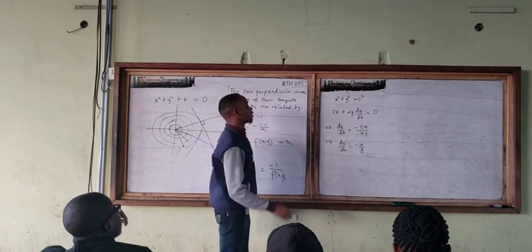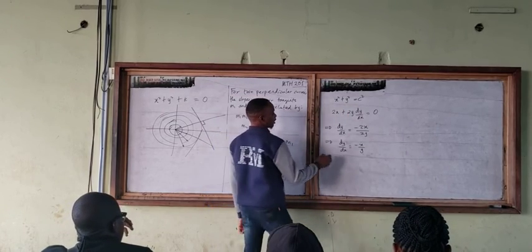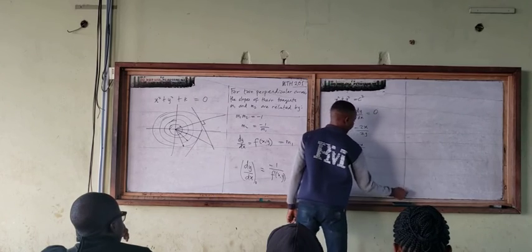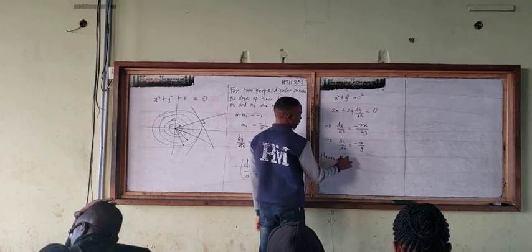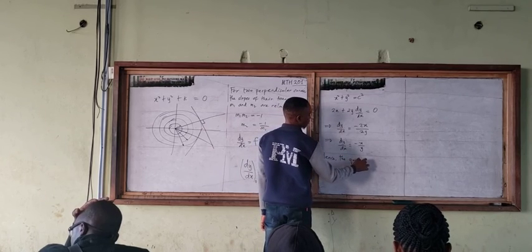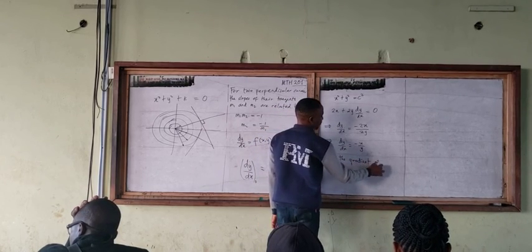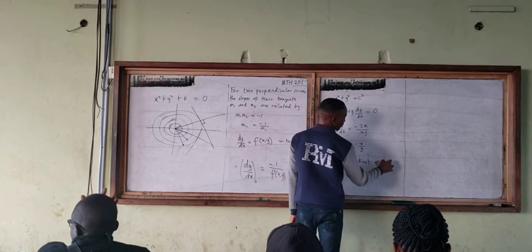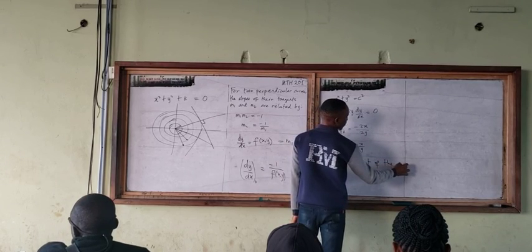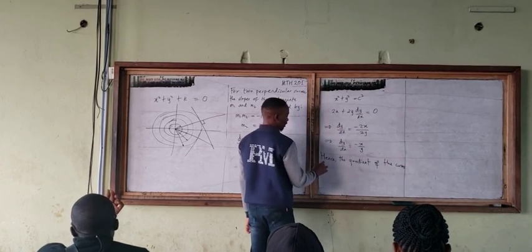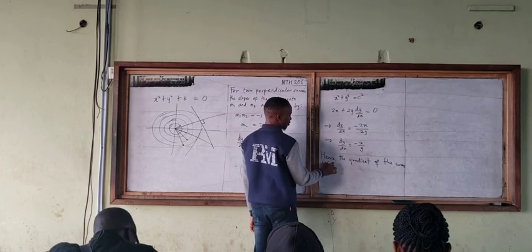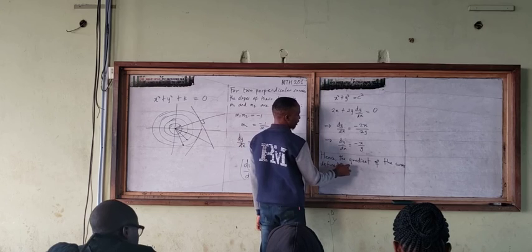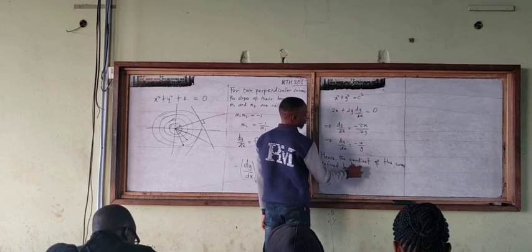So if I want to get the gradient, look at it now. This means that the gradient of the curves defined by x squared plus